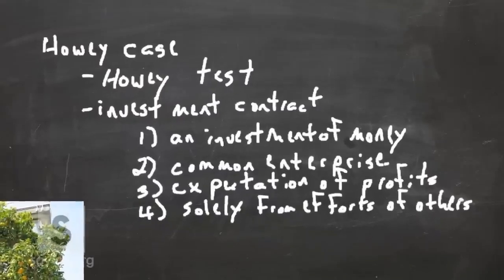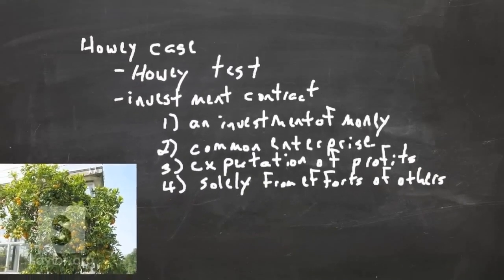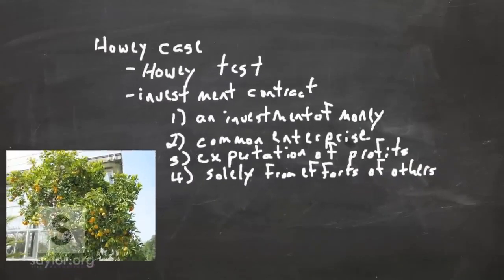The Howey Test not only defines an investment contract, but defines whatever can be a security. For example, if you take a look to the left, I have an orange tree here. And this orange tree is not there just simply to decorate. It demonstrates the case of the Howey Company. In this case, Howey was selling off parcels of a citrus grove with the intent of having purchasers lease back the land. Howey then had the exclusive right to tend and manage the citrus grove and sell the produce for profit. So you can see all four elements of the Howey Test here.